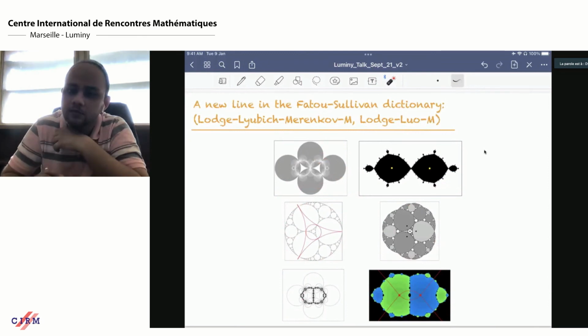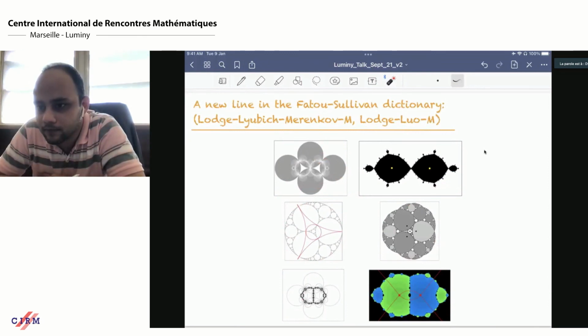And is it clear that the Apollonian gasket is Ahlfors regular? That's actually okay. So